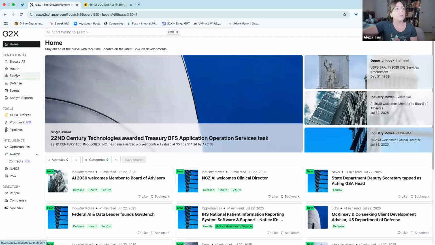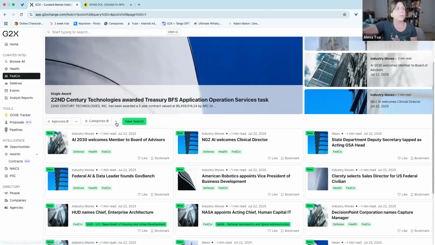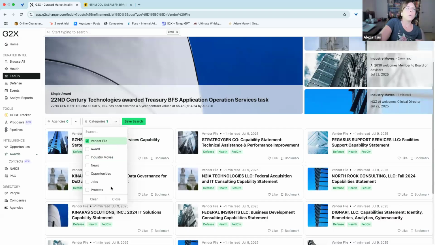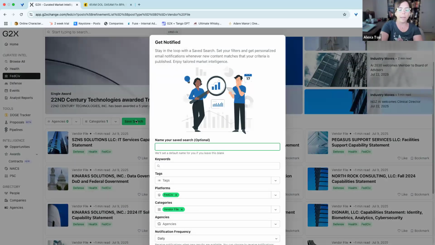So let me just jump into FedCiv real quick. And I wanted to point out something that's kind of new, and it's this vendor profile down here at the bottom. And essentially what this is, it is your company thought leadership documents, capability statements. Anything that you want to use to highlight your company goes here, and this is actually searchable here as well. So if you just wanted to select that and hit close and save your search,